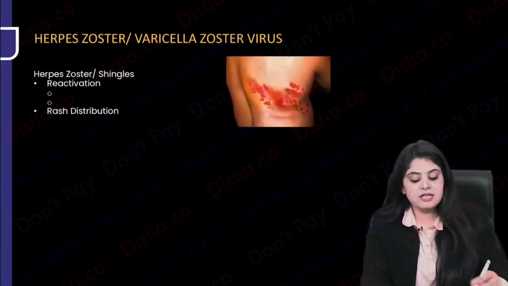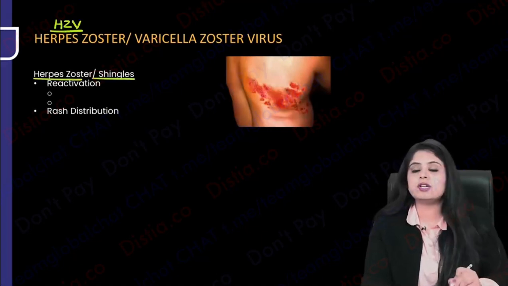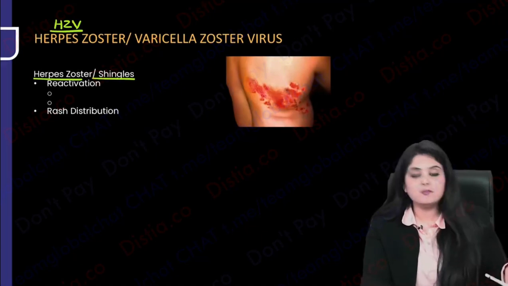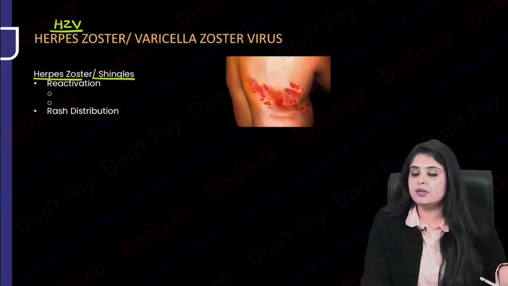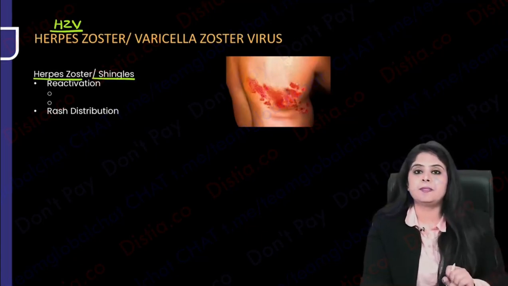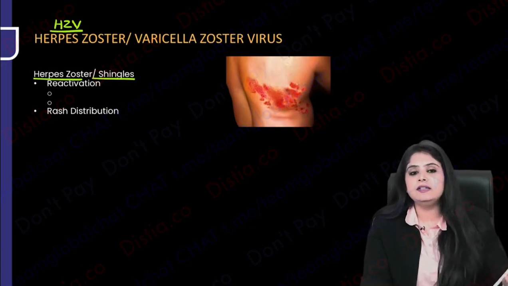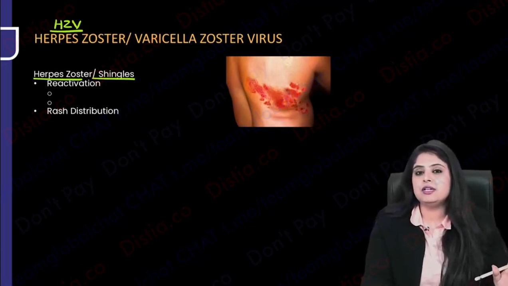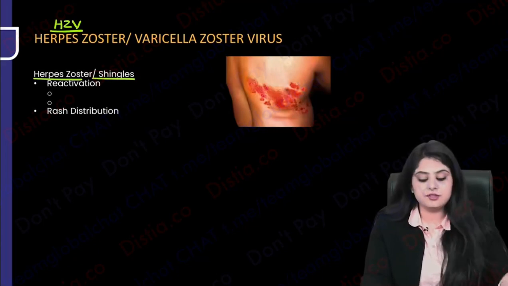What about adults? What is herpes zoster virus causing in adults? It is causing zoster or shingles. So I can tell you a story. Someone had chickenpox in his or her childhood, and that chickenpox ended up going and hiding somewhere in the body. It has gone and hidden in some ganglion, trigeminal ganglion, sacral ganglion, geniculate ganglion, and after few years, that will get reactivated.